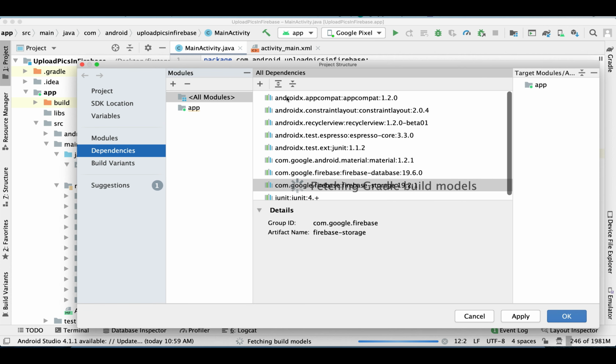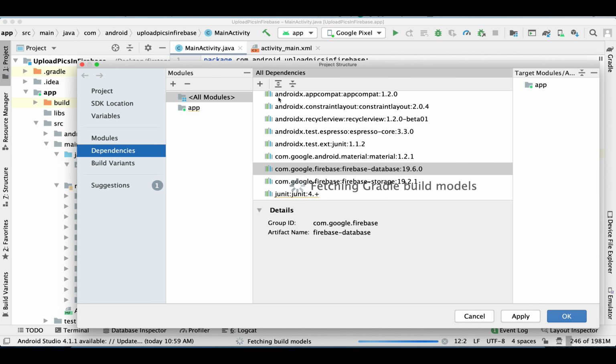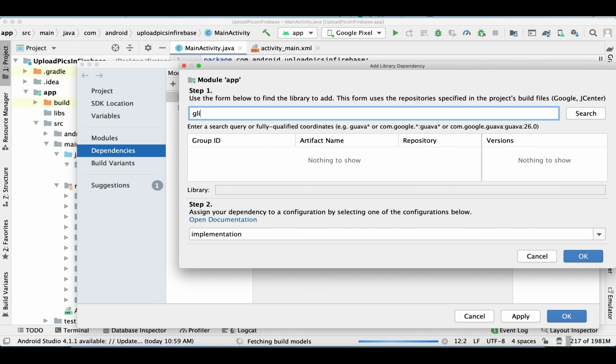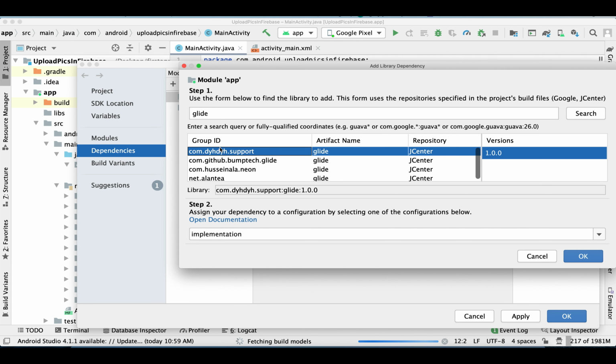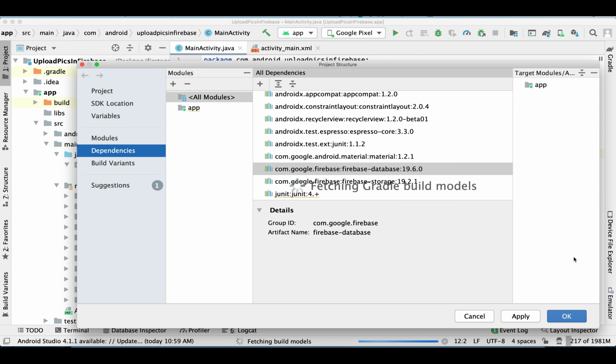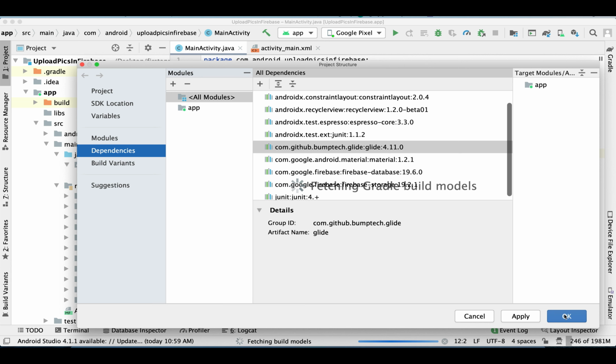Another dependency is for the Firebase Database, where we are going to store our uploaded images' URLs, and Glide just to display the image that is uploaded successfully.